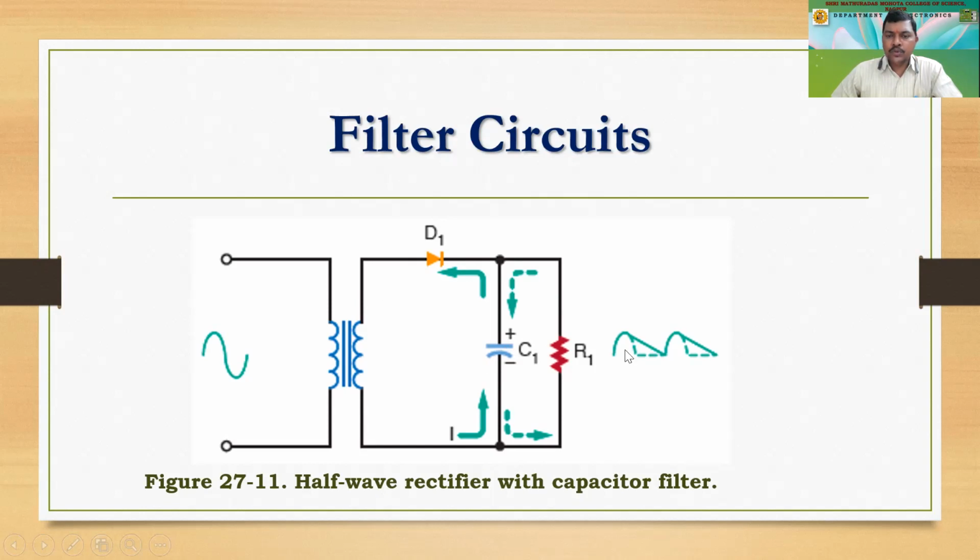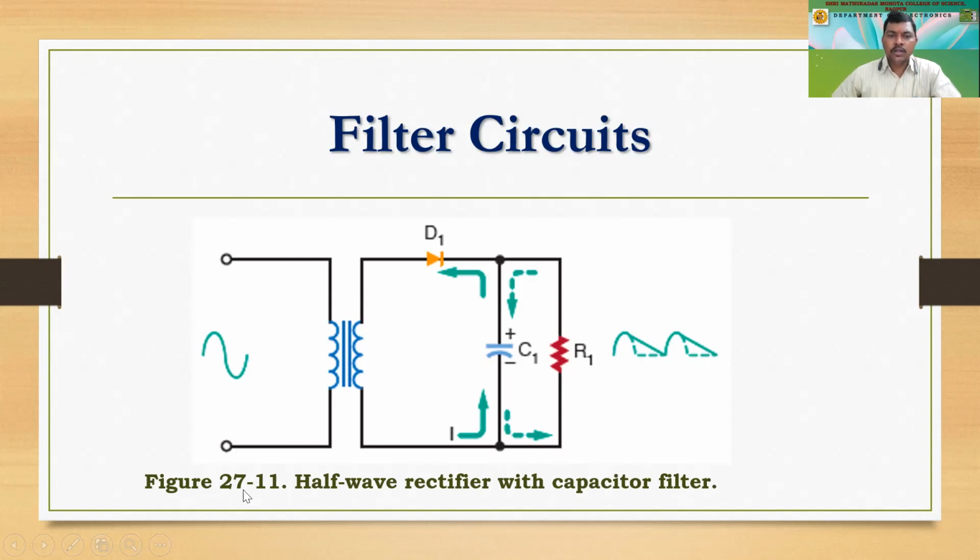And then as soon as it goes to the negative side, the capacitor will start discharging, and it will take some time to discharge. So during this portion, where we are expecting a zero output voltage, there will still be some output coming across the load resistance RL. During this time again the second half of the sine wave will appear, and we'll be having this type of output waveform, right?